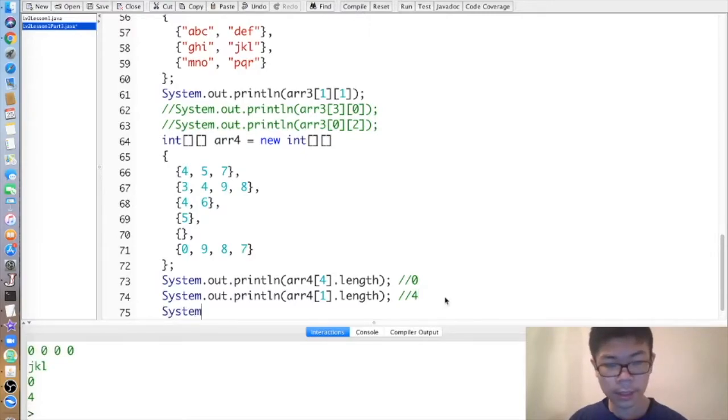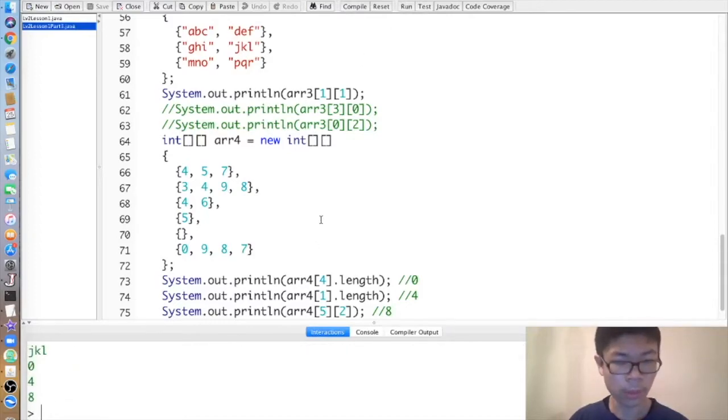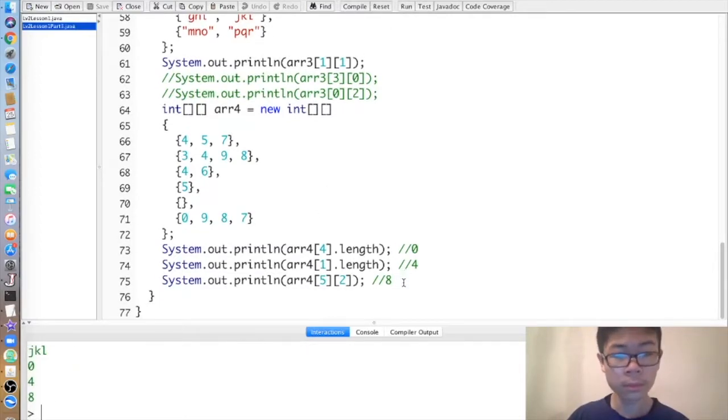And if I did arr4[5][2], that would be 8, as shown below. Here's another one. By the way,